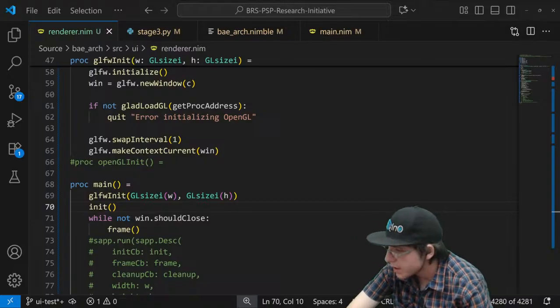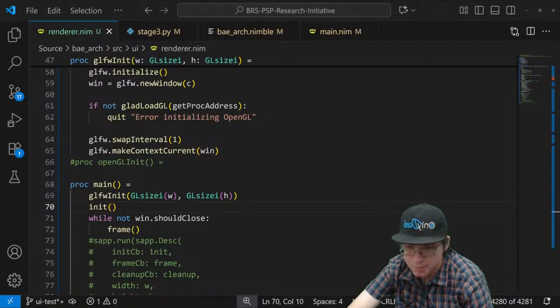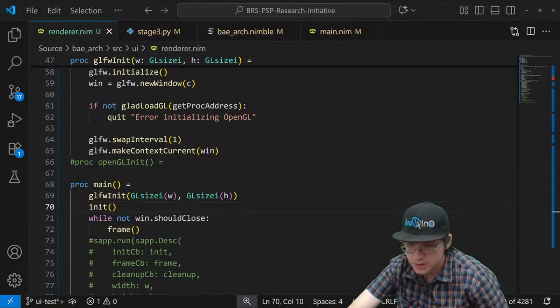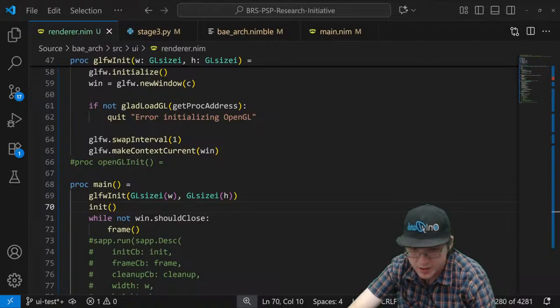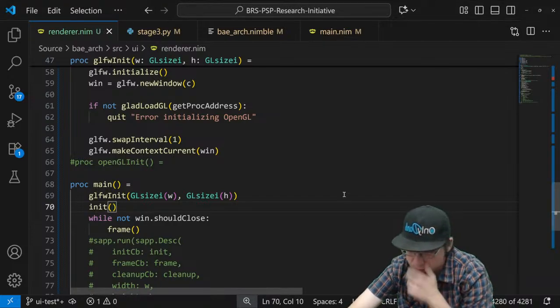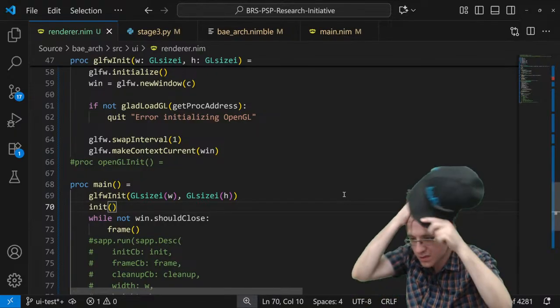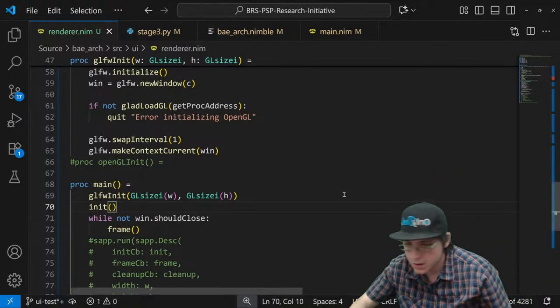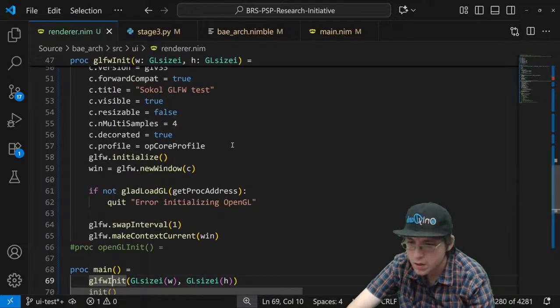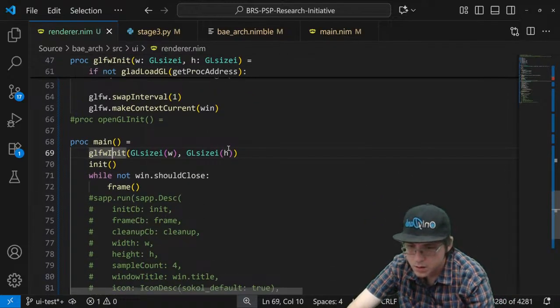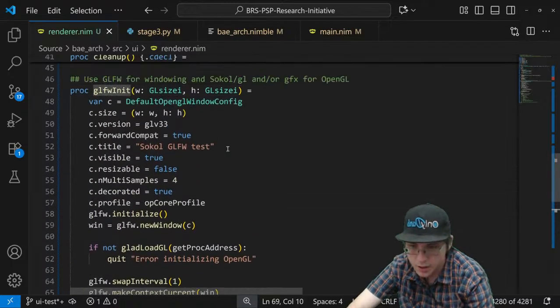So, oh, I draw. Maybe I need to put swap buffers. Yeah, the window is not staying open. So at least you work.